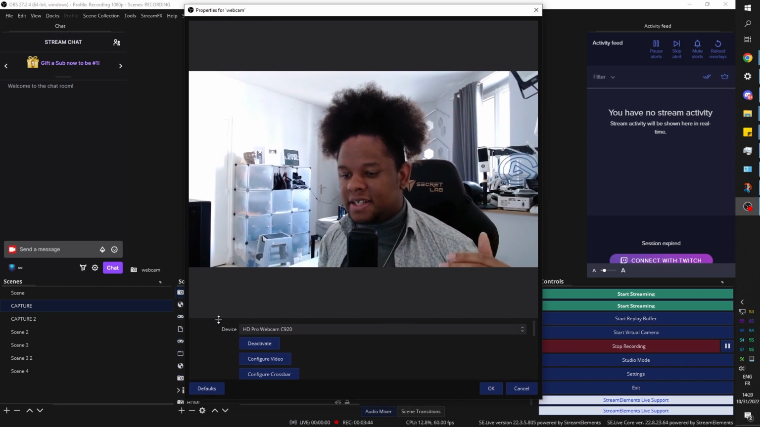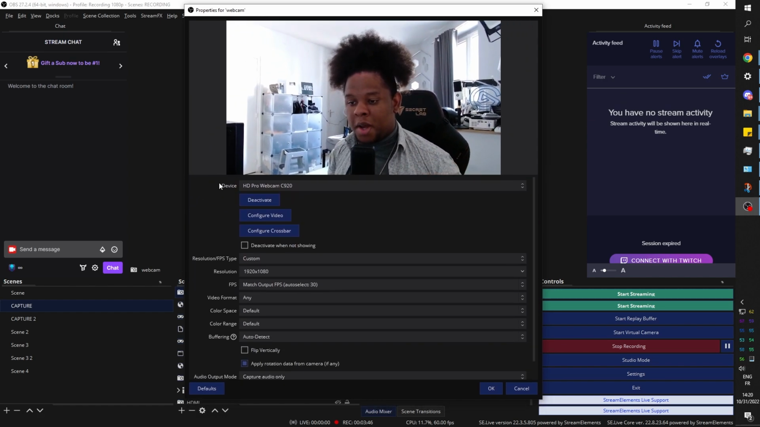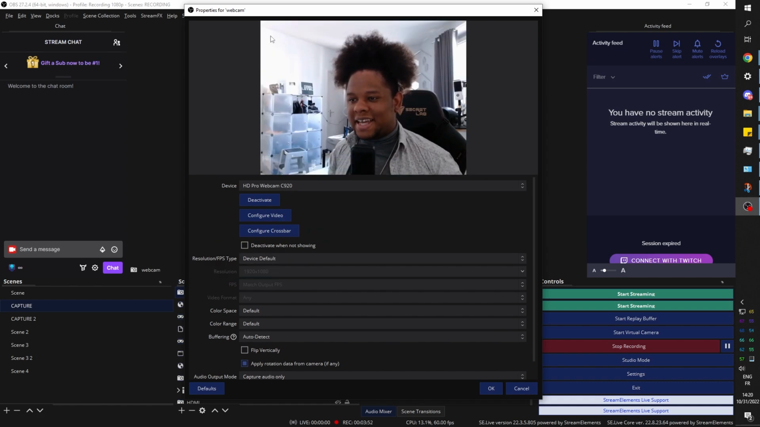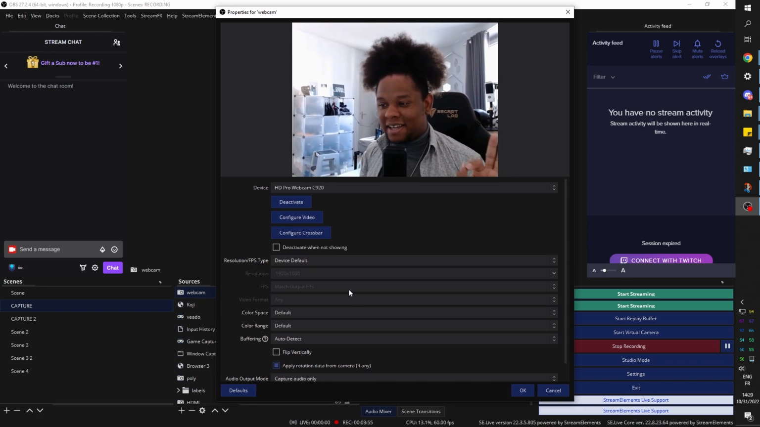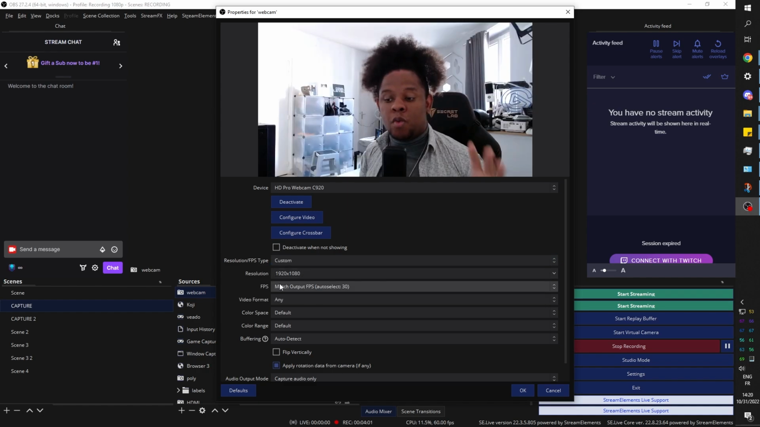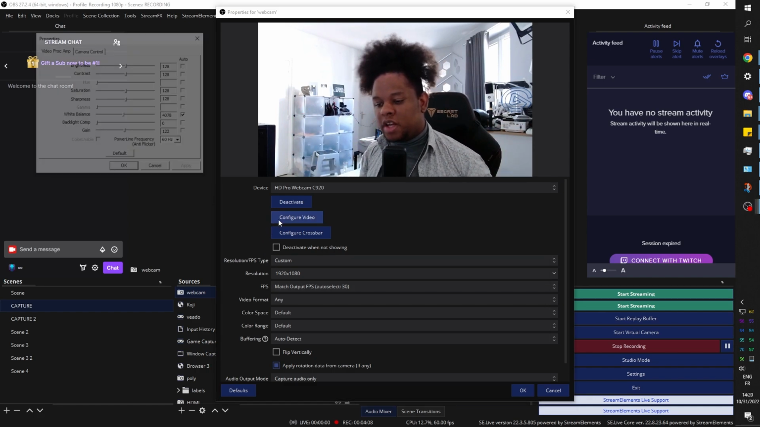When you first get it, it's actually not gonna look like that at all. By default, it's gonna give us like this tiny webcam that is on like a bad quality. What we want to do is make sure that we have control over the resolution in FPS type. Boom, we're gonna put it 1080p. We'll instantly have full resolution, first of all, and then we're gonna go to configure video, and